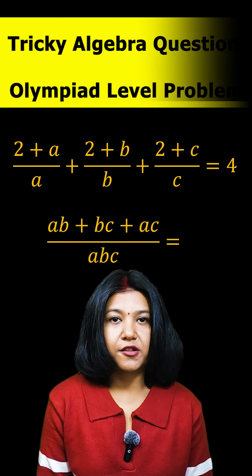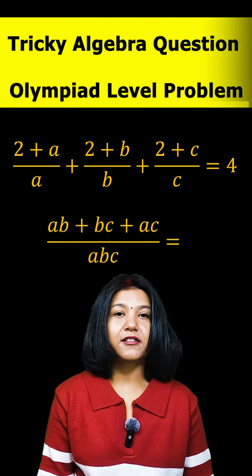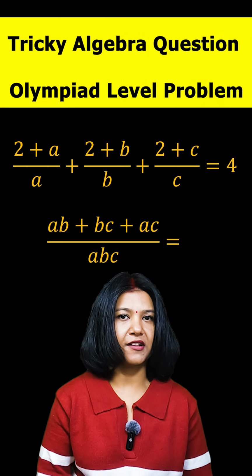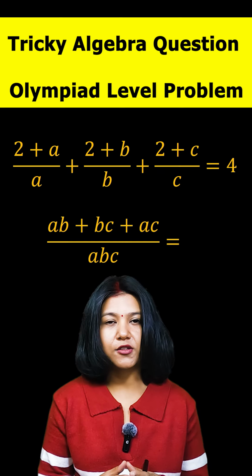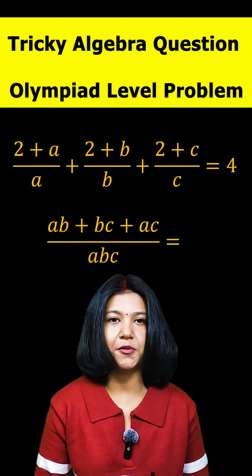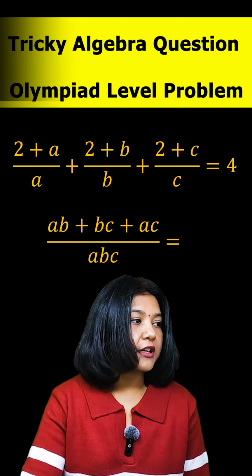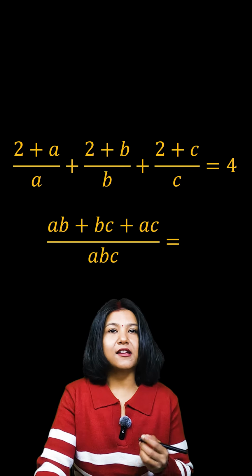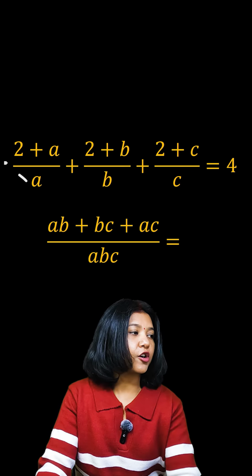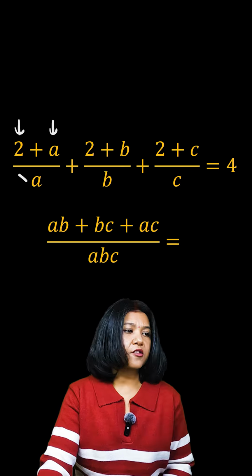The given expression looks very complex and they are again asking for something complex only. But here's the key. You need to understand what is given to you and how you can simplify it. If you look at the given expression, you clearly see that there is a common denominator for two numerators, right? So let's split them out.